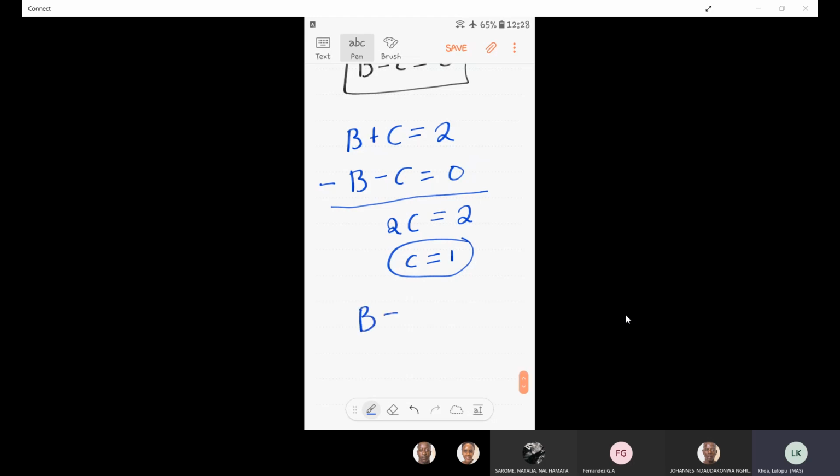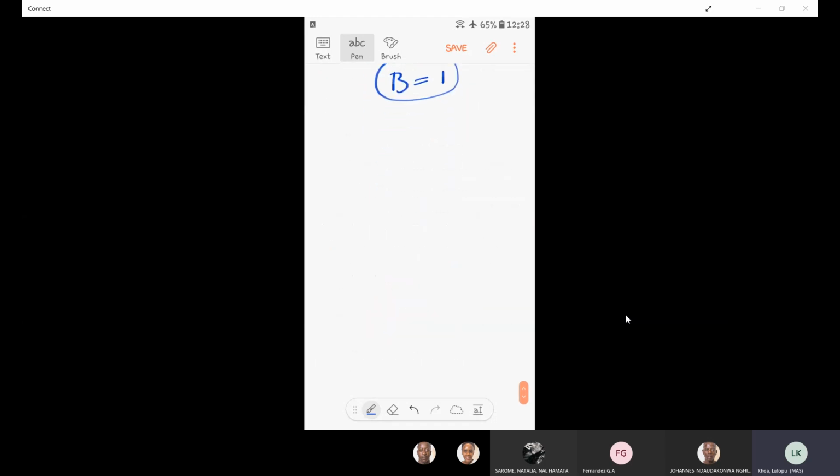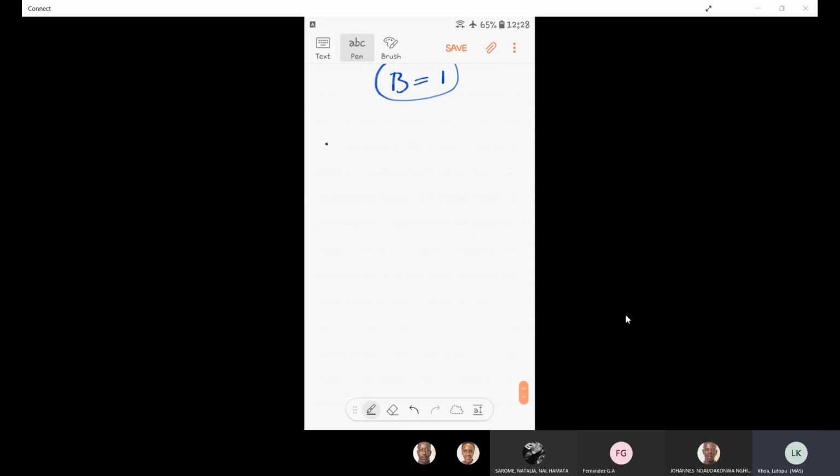So I'll just show, still using elimination. This is equal to 0, so this time I add. So I have 2b is equal to 2. This means that b is equal to 1. So I have all my values of a and b, then I write the decomposition. So the decomposition,